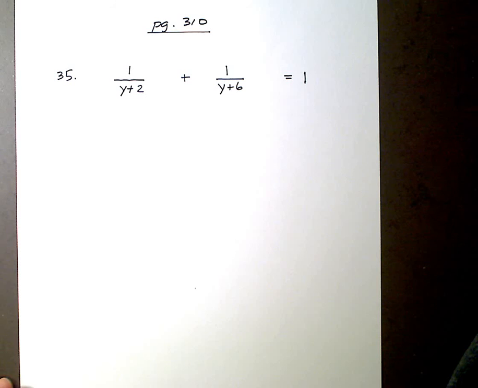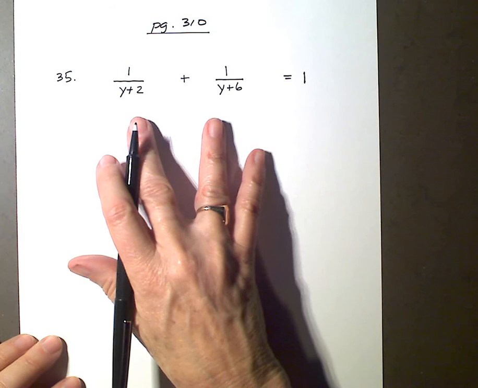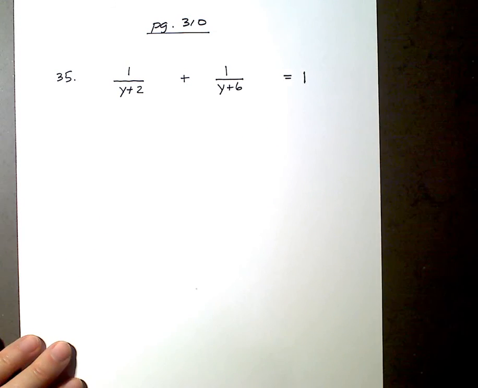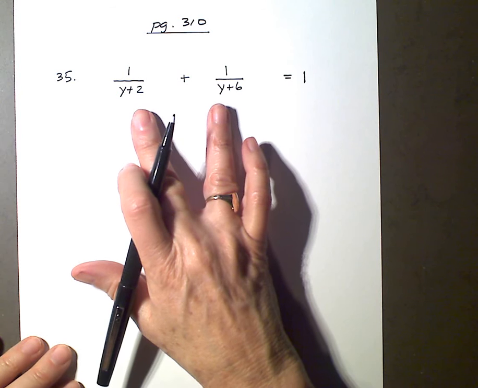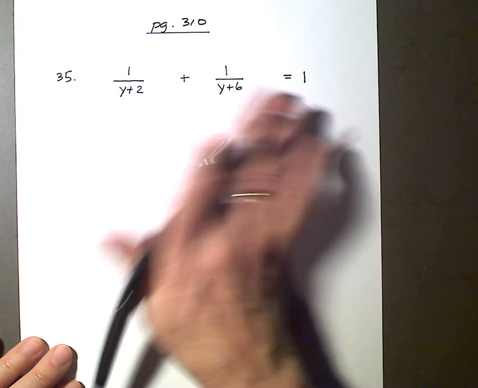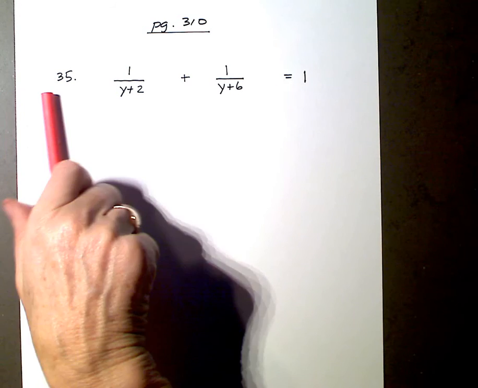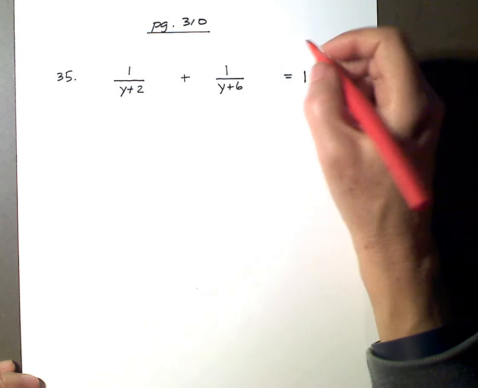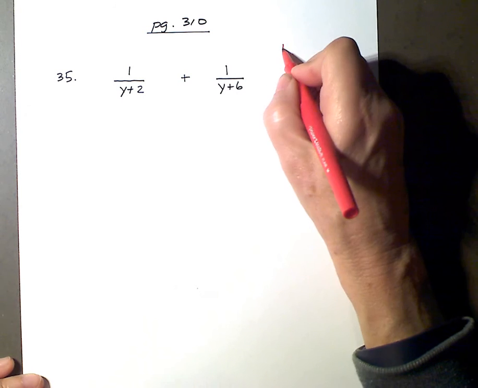This is number 35 on page 310, and you may wonder why this problem is in the quadratics unit where I'm going to be using completing the square to solve it. We must end up with a quadratic equation eventually when we simplify this, because this looks like a rational equation with these ratios in here. Anyway, we can clear the fractions by rewriting every term over the LCD in this problem,